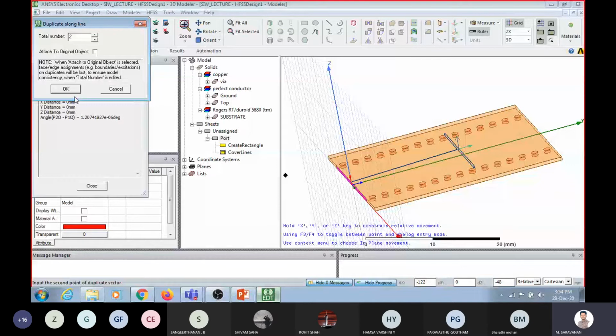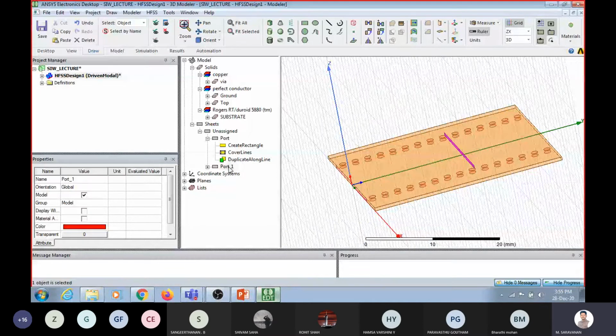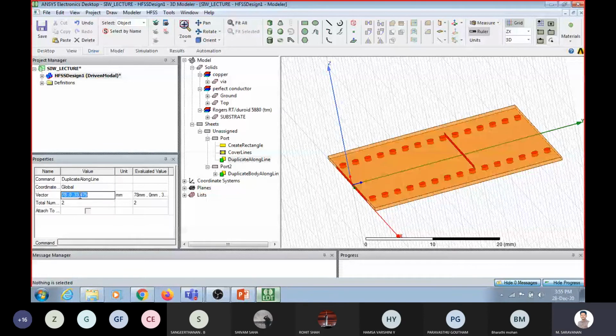You can see it has been duplicated, but it is not properly positioned. I can change this to the port name. The duplicate position is only along the y-axis I am moving. So 0, y is nothing but the length distance. X and z I am not moving. You can see now it is properly moved.